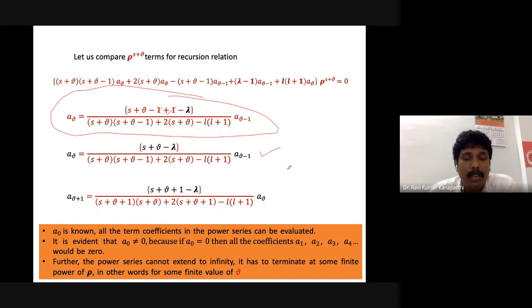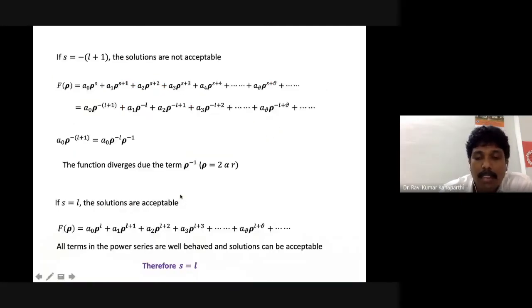So in both cases we got a_nu plus 2 expressed in terms of a_nu, right? But here it is in terms of a_nu and a_nu minus 1, which is a bit difficult. Instead, we can do one more simple thing. Wherever nu is there, I can write nu plus 1, because this is somewhat easier to remember, right?